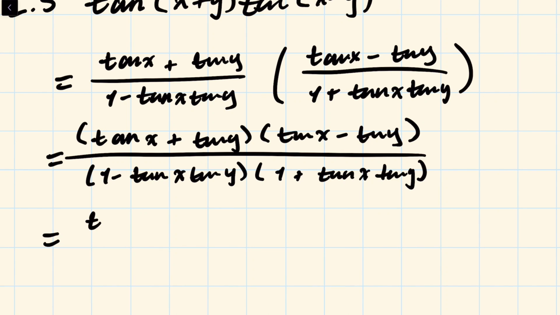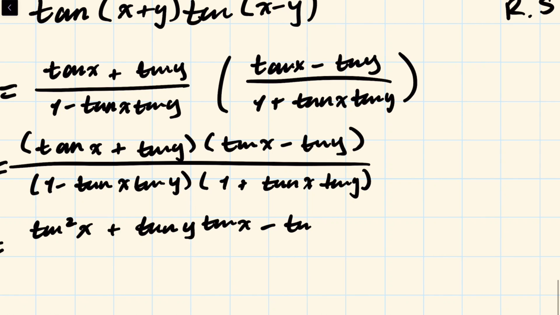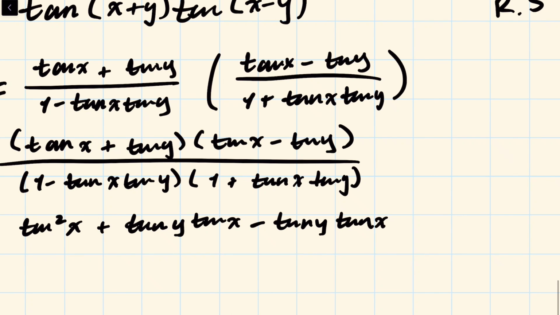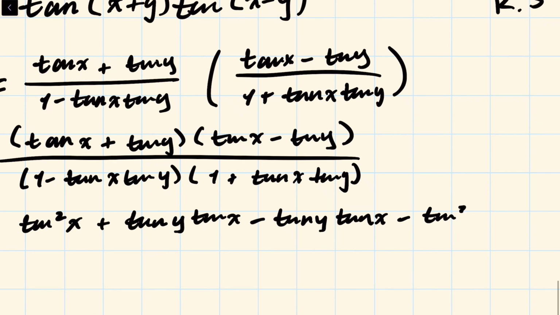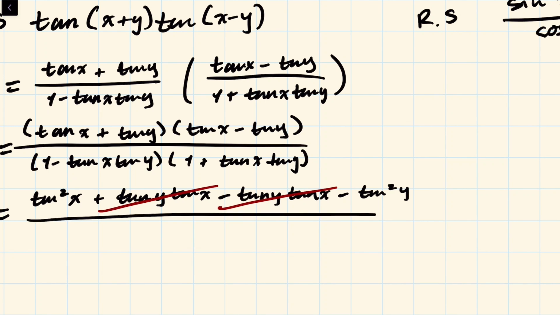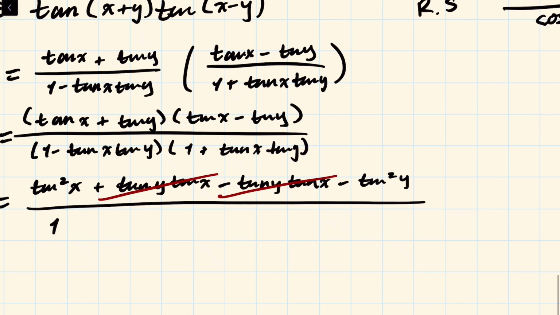We are going to get tan squared of x plus tan y tan x minus tan y tan x, and then minus tan y squared. And these two are actually going to cancel. That's all over 1